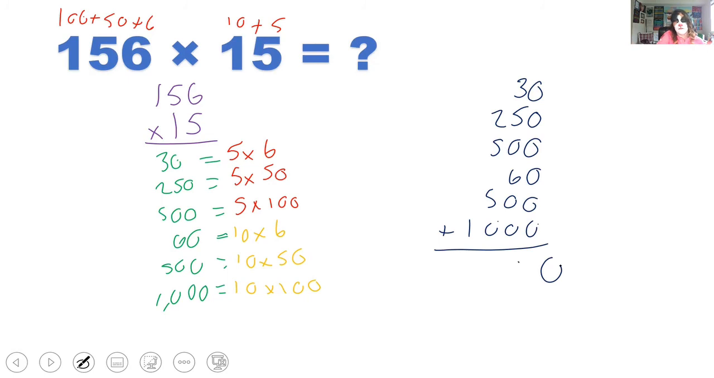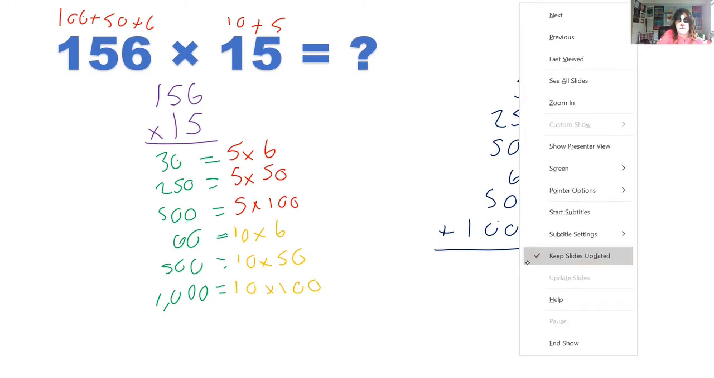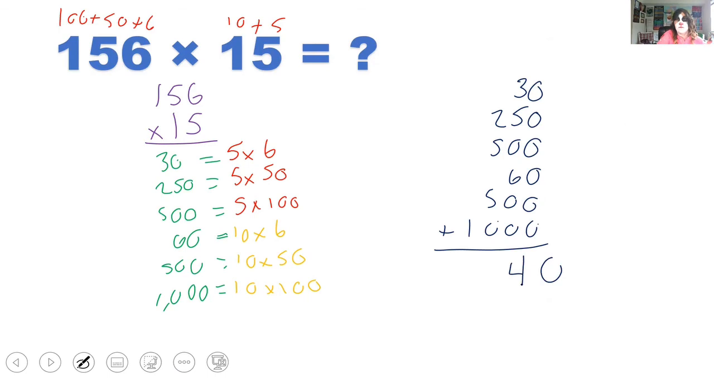So the 4, whoa, the 4 goes there, and the 1 goes up. So I have 1 plus 2 is 3. 3 plus 5 is 8. 8 plus 5 is 13. 3 goes down here. 1 goes up here. 1 plus 1 is 2. So my answer to the question is 2,340 books,